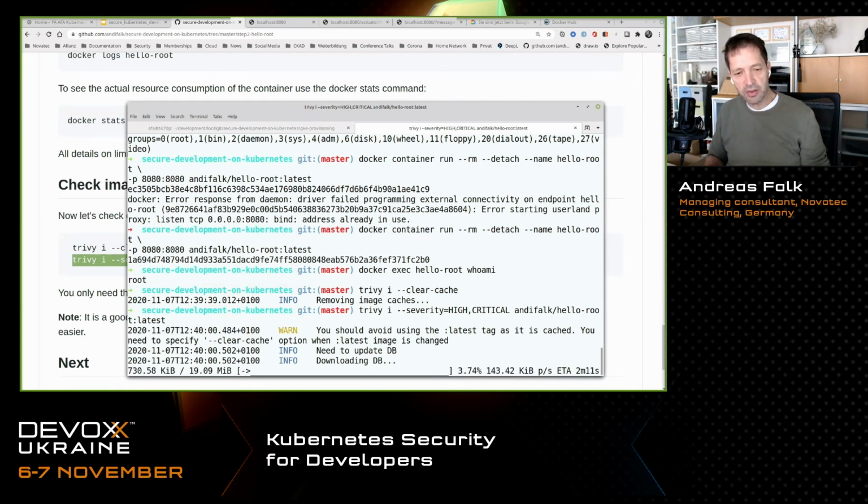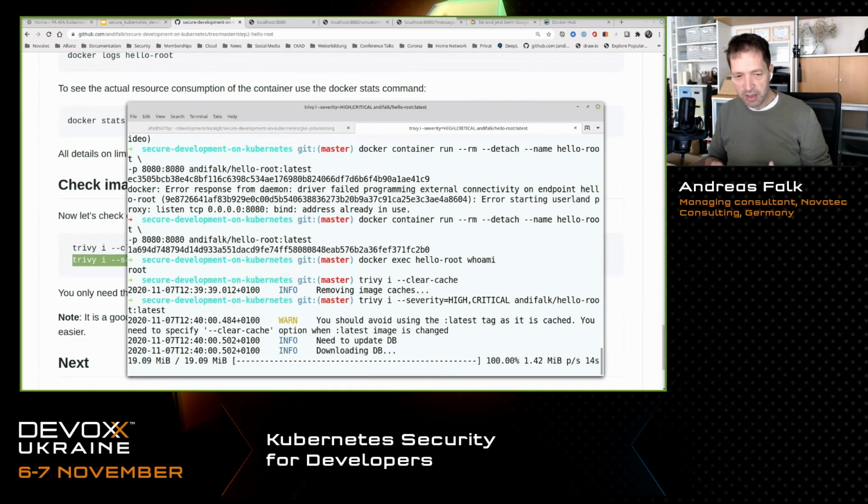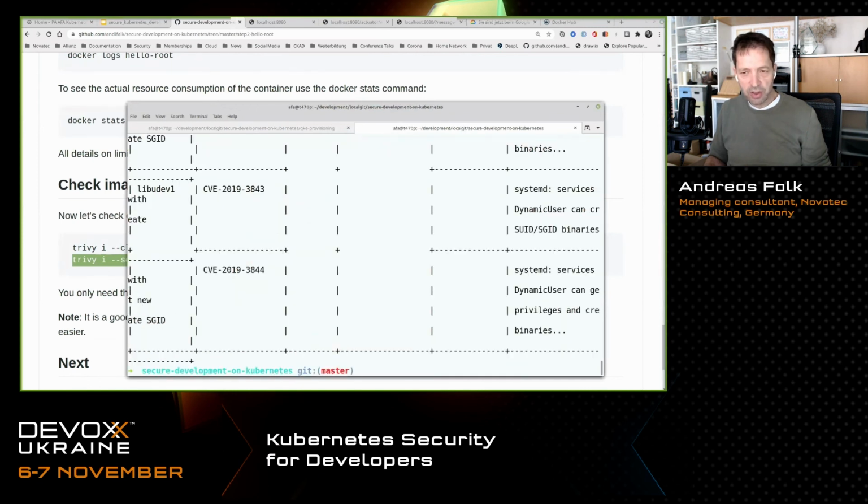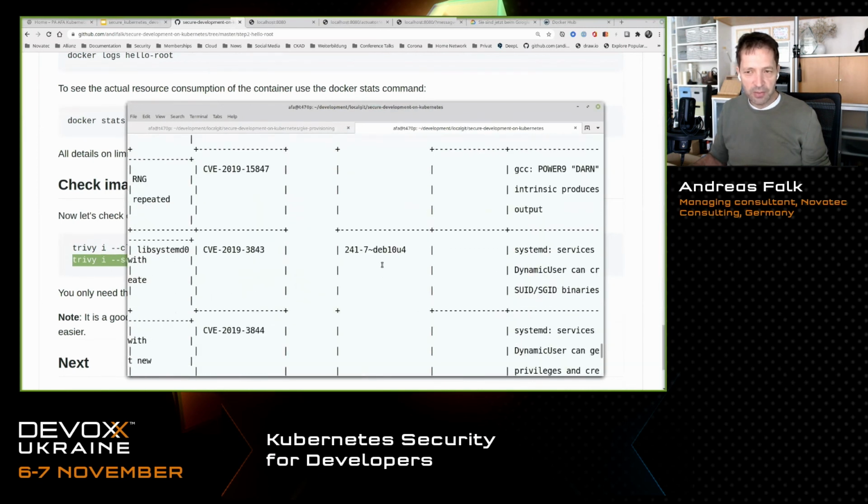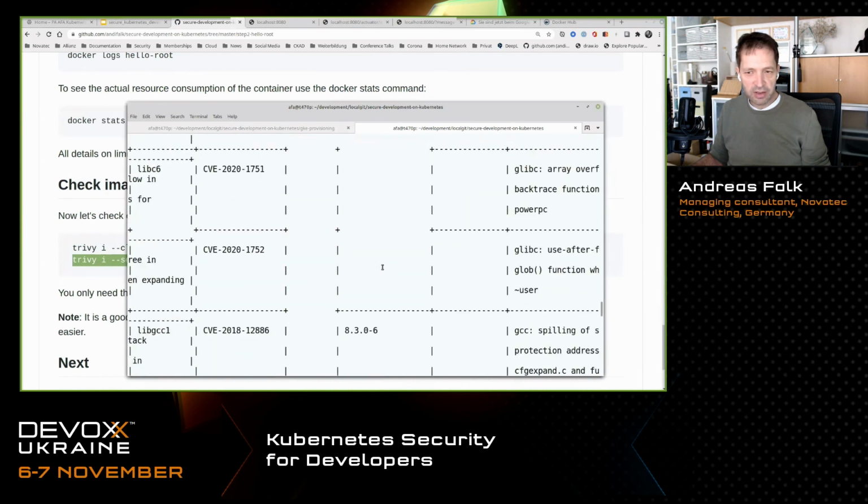As you can see, the first step is to download the newest security information from the database: what are known security vulnerabilities for container images? Then it scans the image, and as you can see, we have different CVEs detected here.